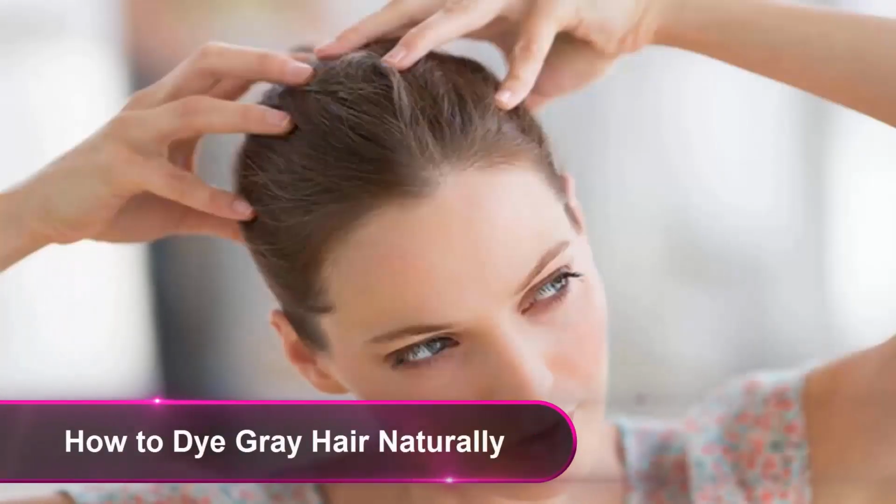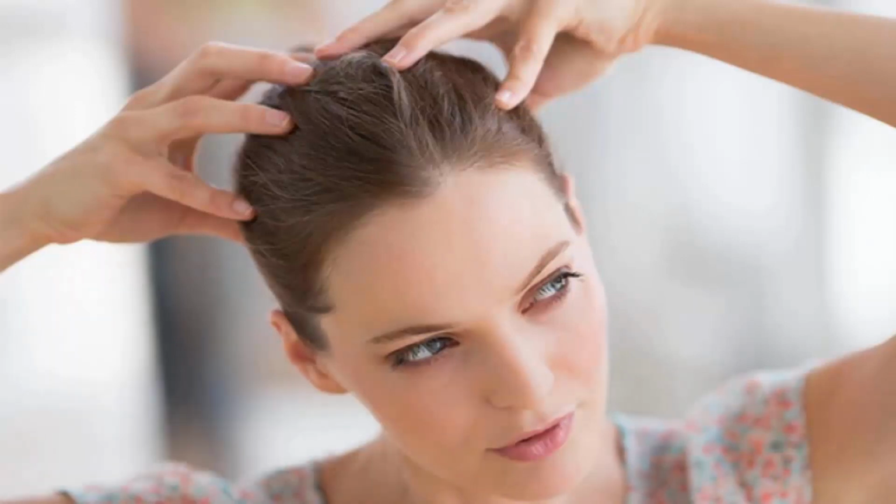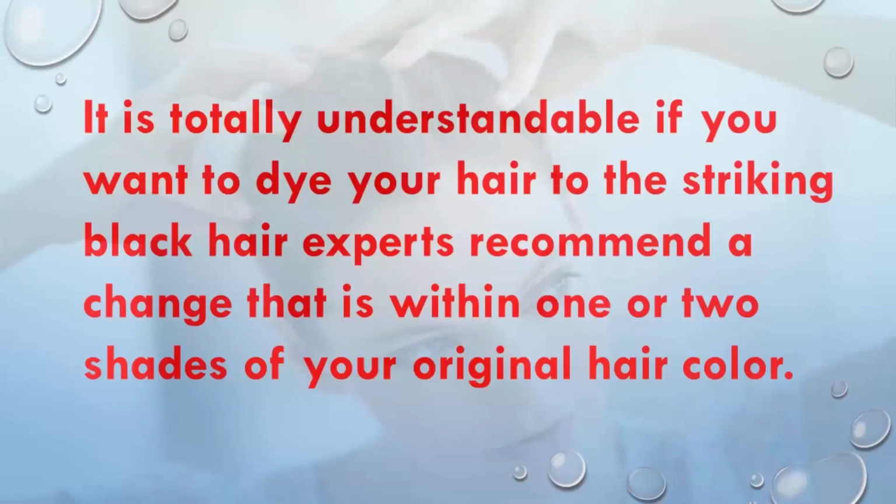15. How to dye gray hair naturally. Gray hair need not be too much of an issue to deal with. There is a wide range of options to choose from, and though that is supposed to make it easier for us, sometimes it can get a little harder to choose the right remedy. If you cannot embrace your salt and pepper, then it is advisable to go natural and find a way of incorporating home remedies and treatments into your hair care routine. It is totally understandable if you want to dye your hair a striking black. Experts recommend a change that is within 1 or 2 shades of your original hair color. Source by